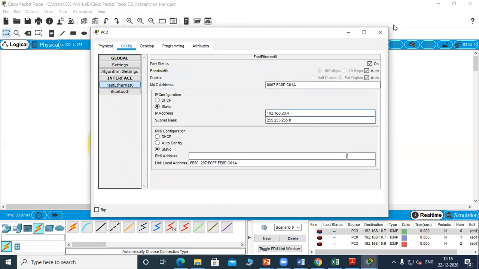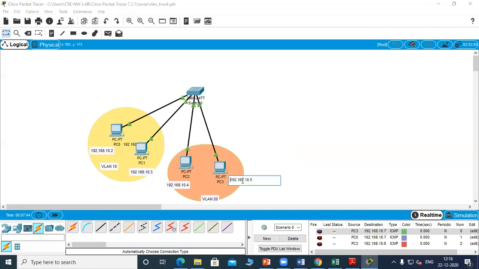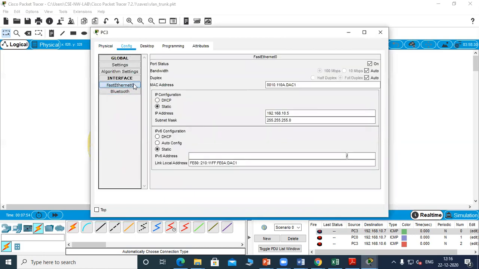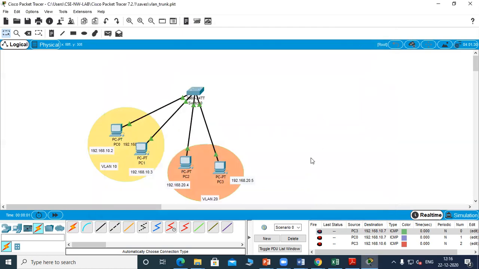So I'm changing this second VLAN to the 20 network. Now you can see VLAN 10 is the 10 network and VLAN 20 is the 20 network. Now in order to communicate between two subnets, we need a router.